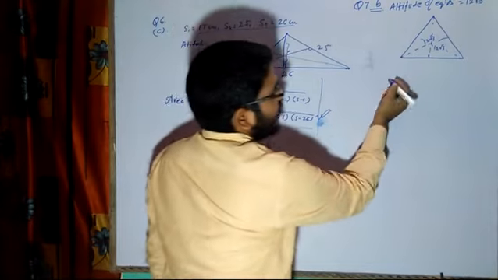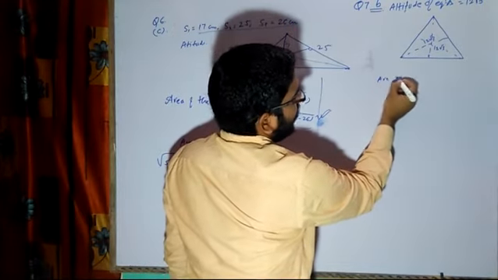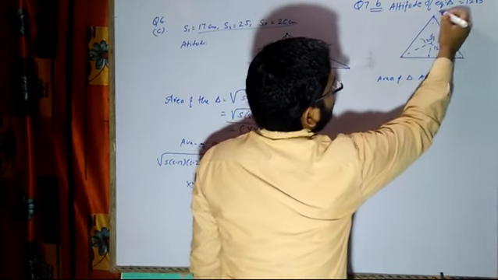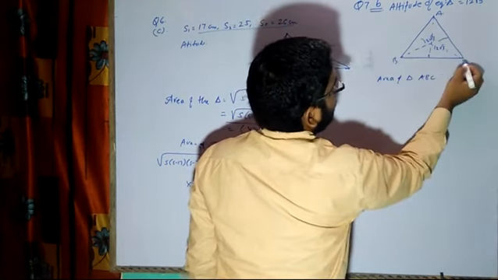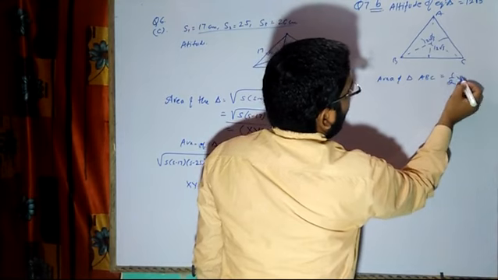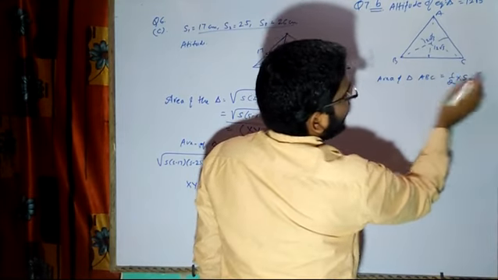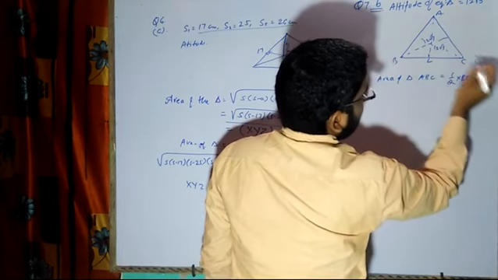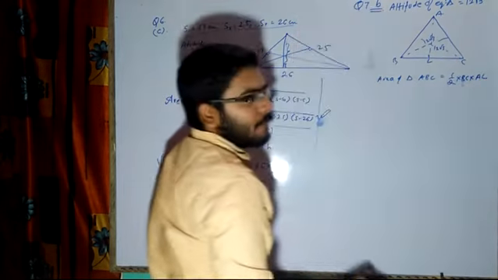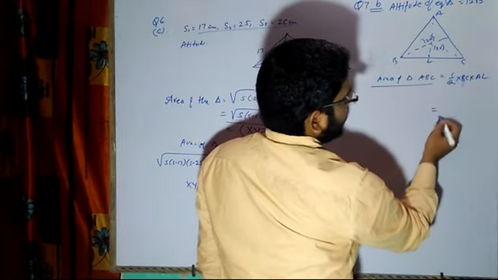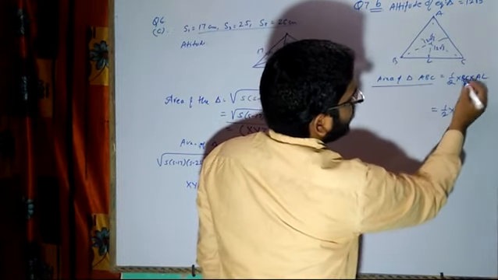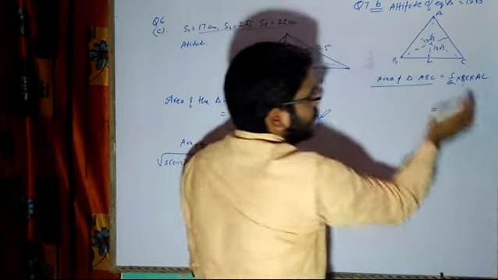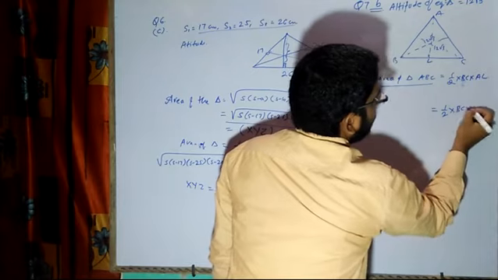How to calculate the side? I can write the area of triangle ABC will be equal to half into base, meaning BC, into height, which I will name AL. Now the area of ABC is half into base into height. What is my base here? The base is BC, into 12